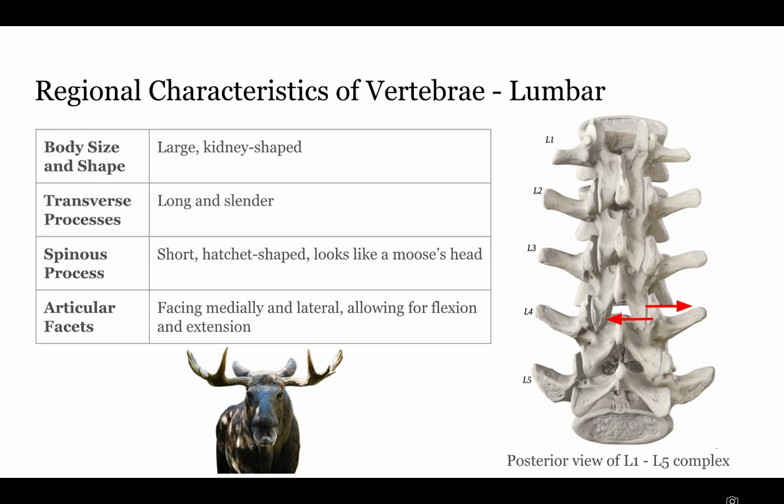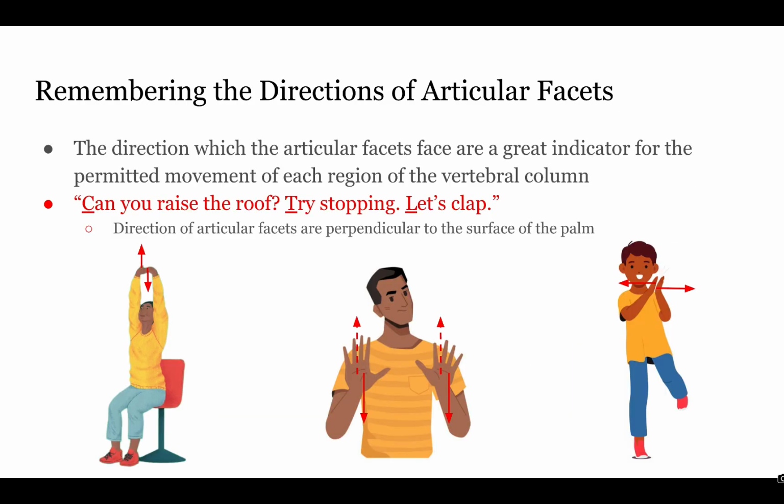The articular facets face medially and laterally, as indicated with the red arrows in the image on the right. This allows for flexion and extension of the vertebrae in the lumbar region. The orientation of the articular facets influences the movements that are permitted within each region of the vertebral column. An easy way you can remember which way the articular facets of each region of the vertebral column face is